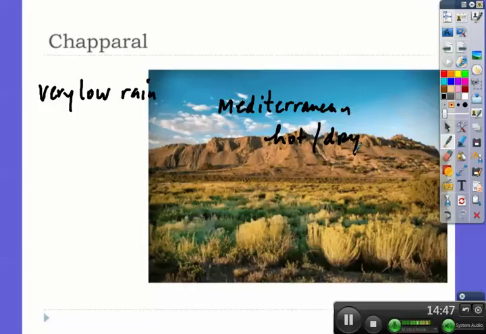Plants and animals in chaparral are actually adapted for conserving moisture. So reptiles, lots of reptiles. They have thick-scaled skin. Mammals in this area tend to be nocturnal. Plants you find are like cactus and yucca and the creosote bush. They have really hard, thick leaves. In the U.S., you got California, where you've got chaparral, the Mediterranean coast of Europe, the Western Cape of South Africa, parts of southwestern Australia is where you can find this ecosystem, this biome.